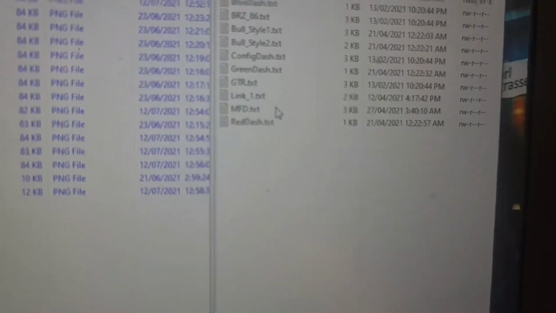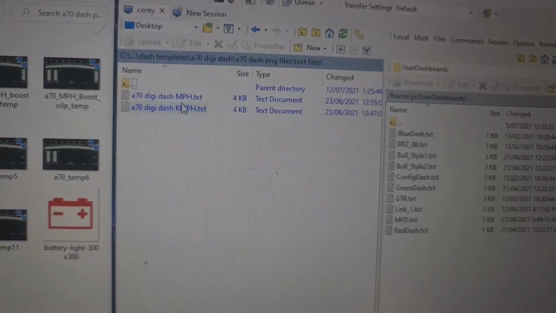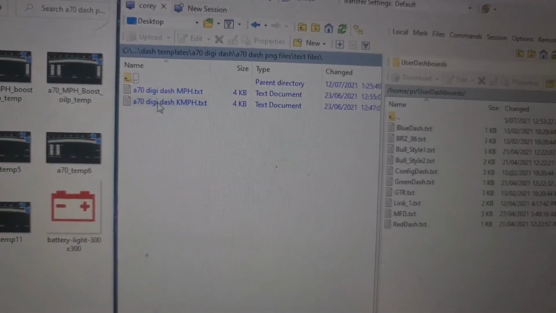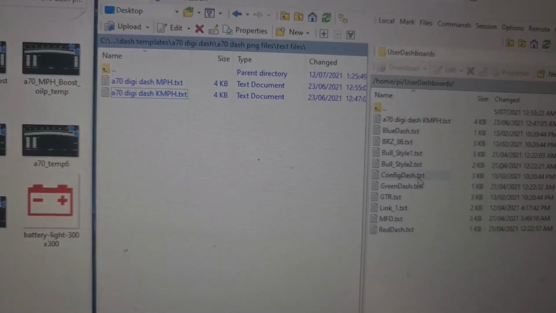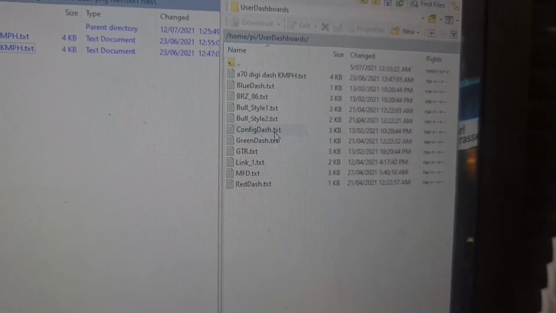So then you need to go back out, go to user dashboards, go into text files. So then you're going to want to select if you want to go mile per hour or kilometer per hour. So I'll go kilometer, drag that across, and we are good. So now you go to your Dash,